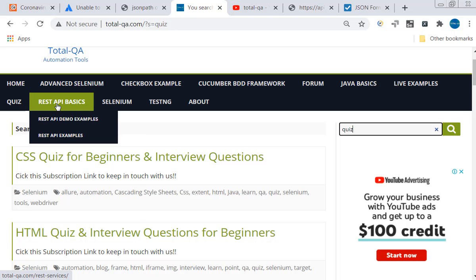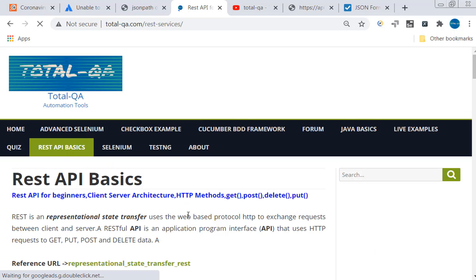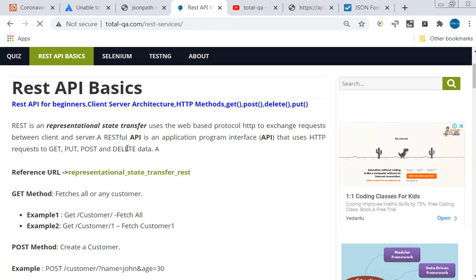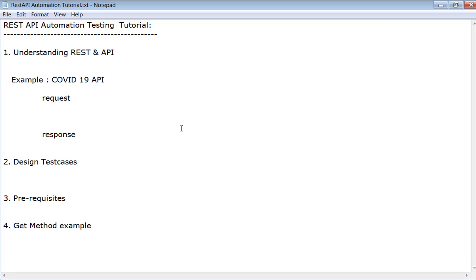And also today's topic is about REST API. So what is REST API? What are the different types of REST methods available? All this information is available, but we will discuss it in detail in today's topic. As part of today's topic, the main agenda is how do we automate REST services using REST API.